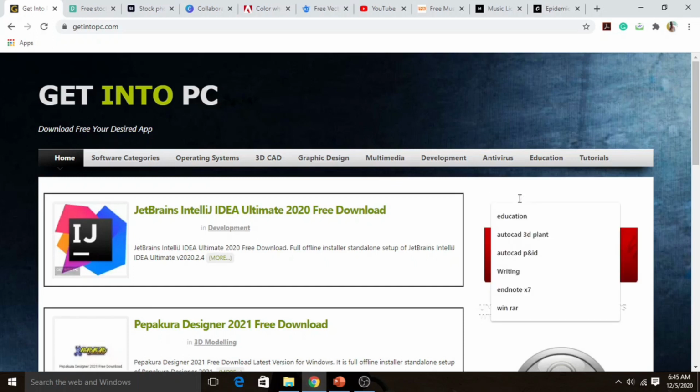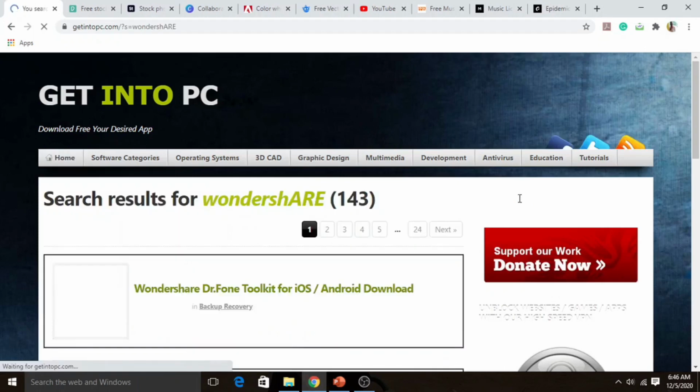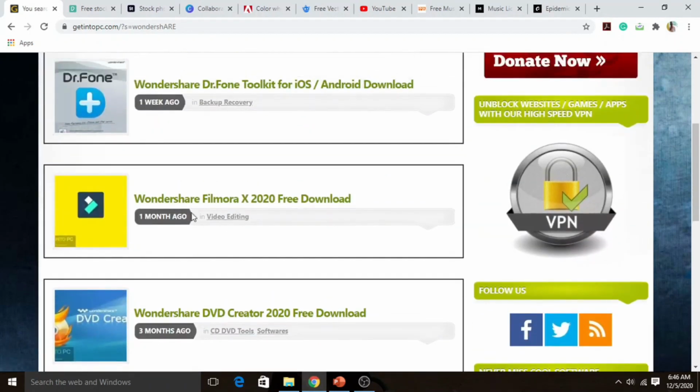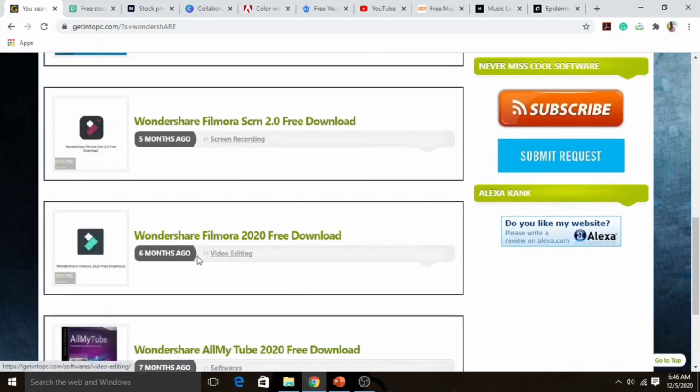So we are looking for Wondershare Filmora. So you can just type Filmora or Wondershare, right? So you click enter and yes, so we have this. It brings the options that we have available. And you see we have Wondershare Filmora X 2020. We have a lot of options. So you can see this 2020 full download. It is in video editing. So you click on it,